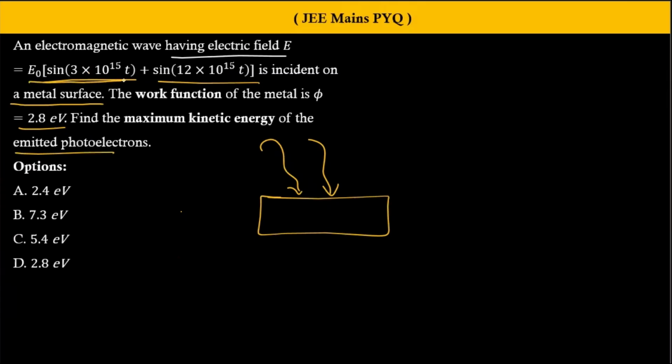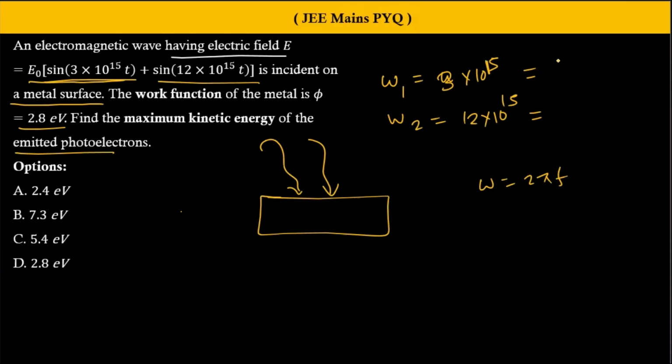एक फील्ड को अगर आप ध्यान से देखो इसका ओमेगा का वैल्यू कितना है? ओमेगा 1 लिख लो, 3 इंटू 10⁵. ओमेगा 2 कितना है तुम्हारा? 12 इंटू 10⁵. सो this is also 15. ओके. And यहाँ से आप क्लियरली देख सकते हो कि फ्रीक्वेंसी 2 है. जैसे ओमेगा इज इक्वल टू क्या लिखते हो? 2 पाई एफ. सो एफ इज ओमेगा बाई 2 पाई. सो F1 is equal to 3 into 10⁵ by 2 pi, and this is your 12 into 10⁵